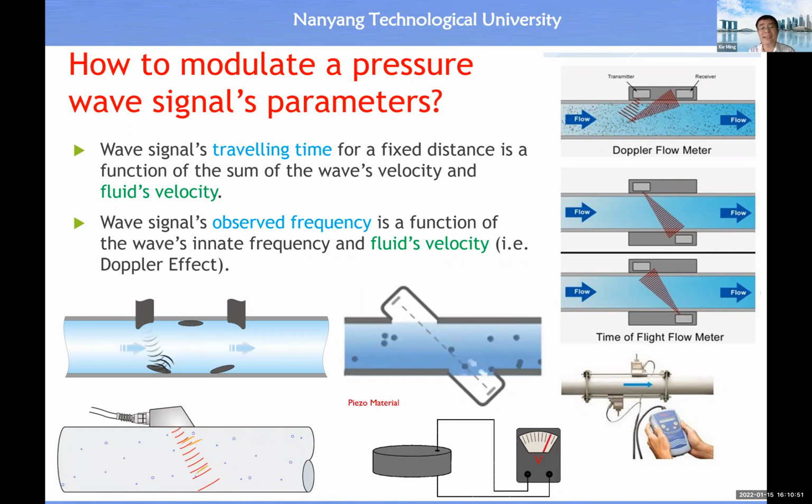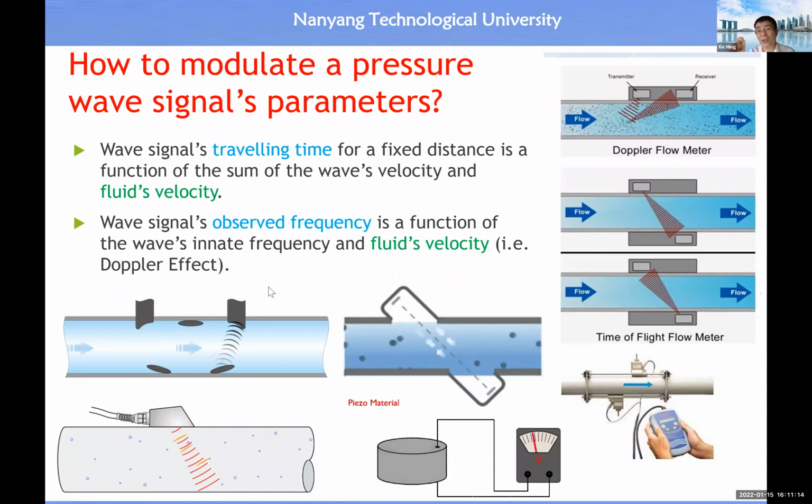Then the answer is to let the wave signal pass through a medium, and in this case the medium is the fluid under measurement, right? So then you have different types of design principles. So this is one solution. So you have a transceiver here. Transceiver means a combination of a transmitter plus receiver. So it can send out the signal and also detect the signal, right? And here you have a transceiver, and here you only have a single transceiver. So there are plenty of solutions.